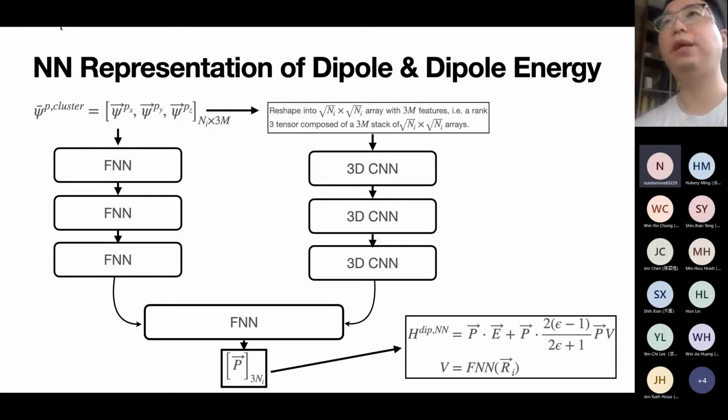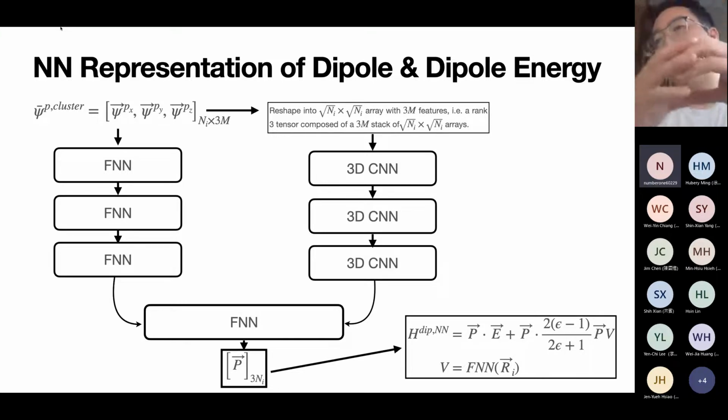Okay, same thing. Maybe you guys are getting a bit tired, but okay. The other property that we are really interested in is application of an external field and thermoelectric effect. When we apply an external electric field, we know that we will reshape the charge distribution of each atom, which is the dipole. So dipoles are basically from the p orbitals, px, py, pz. The way we model this dipole is we take the p orbitals, we feed them, same thing, into a feed-forward neural network as well as the CNN, convolution neural network,